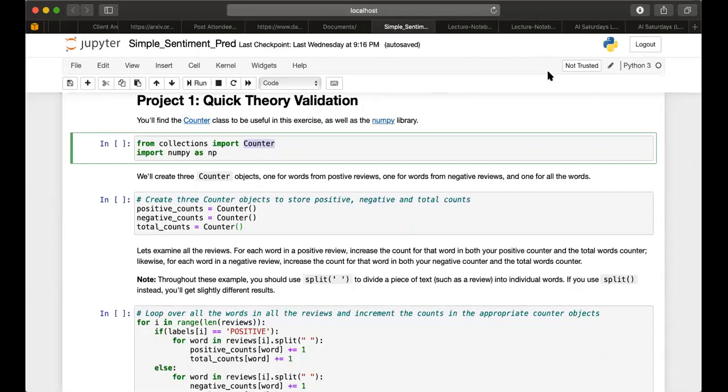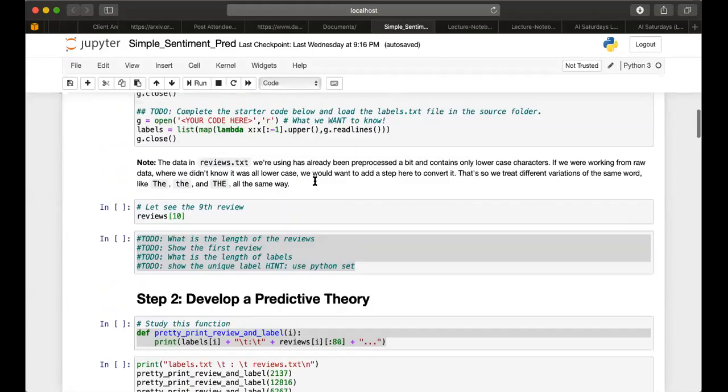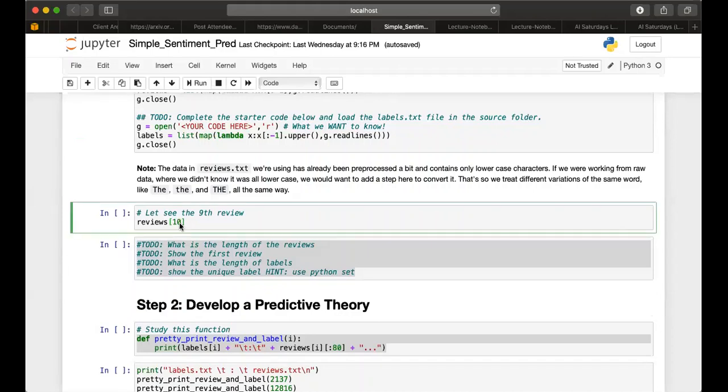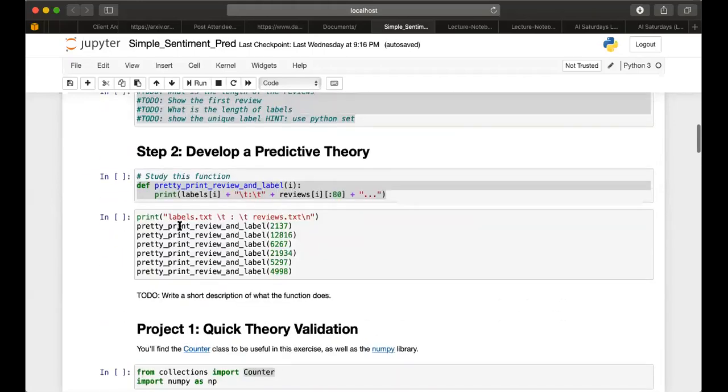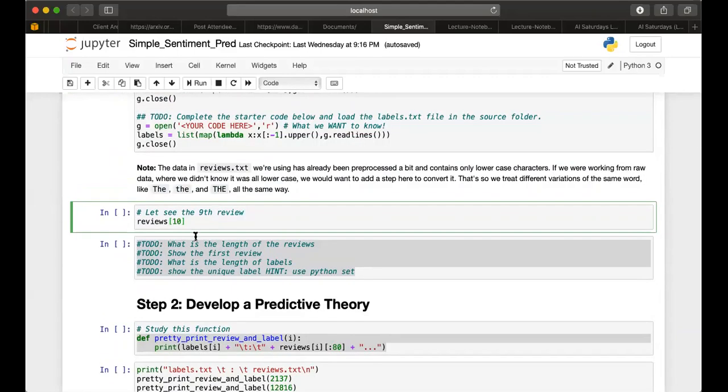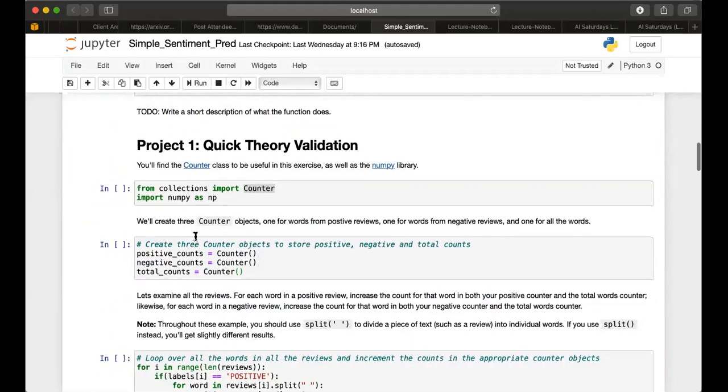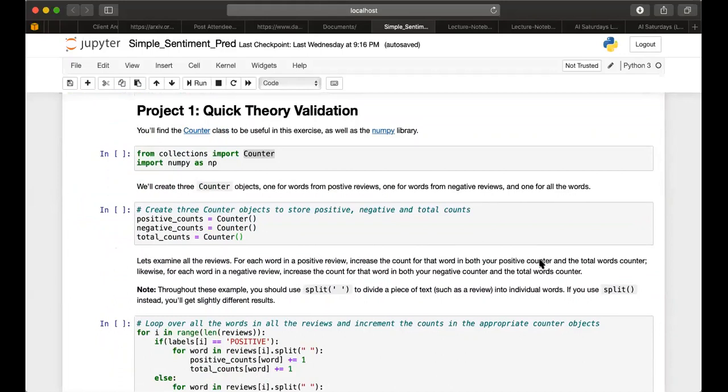I think someone sent a message. Oh, sorry, someone just corrected me. Yeah, I'm so sorry. Reviews, this is not the 10th review. Thank God some people found out too. This is not the 10th review, this is the 11th review, since Python starts from 0. I made that mistake, right? So to find the first review, of course, you still know what to do. Like I was saying, thank you, Toib, for that, even though he sent the message privately.